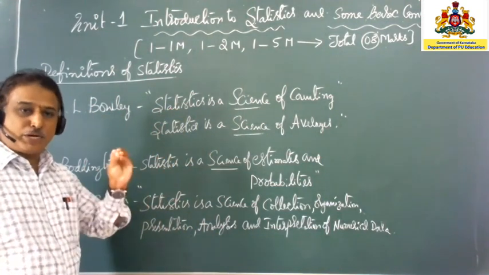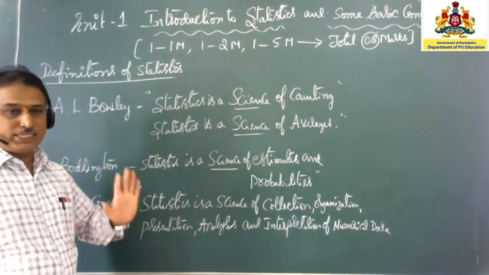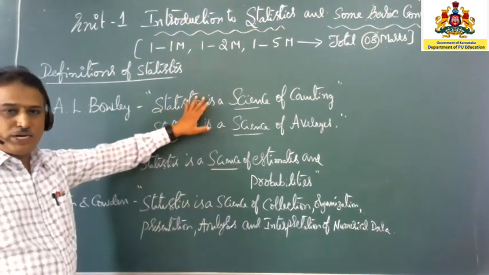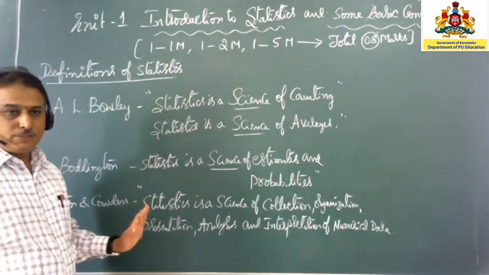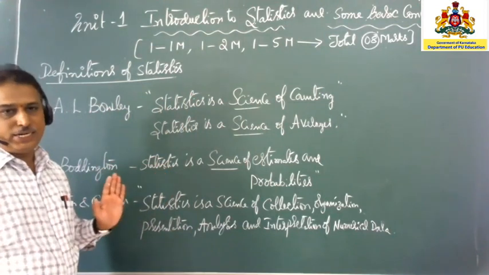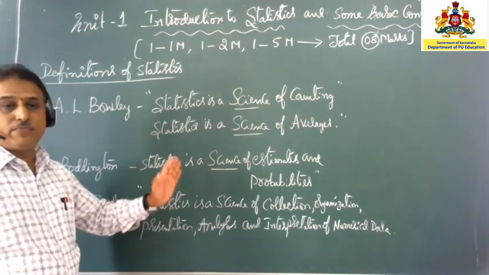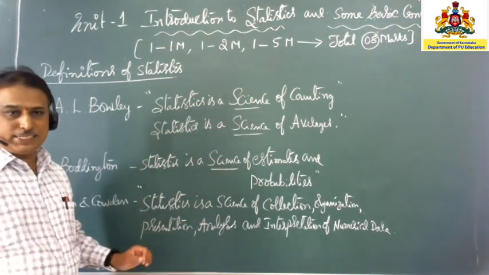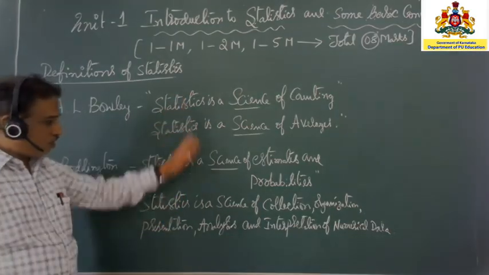If they ask particularly for a definition by a specific person, then you have to write that definition. Suppose they ask for the Boddington definition, you have to write the Boddington definition. Give the definition of Croxton and Cowden of statistics, and then you have to write this definition. Compared to all the 4 definitions,